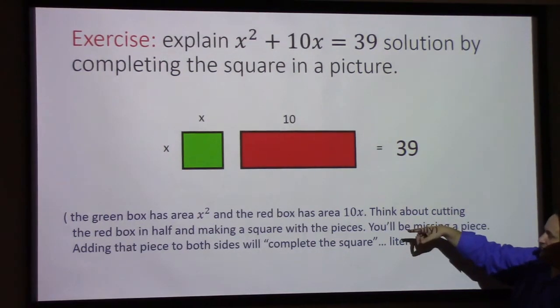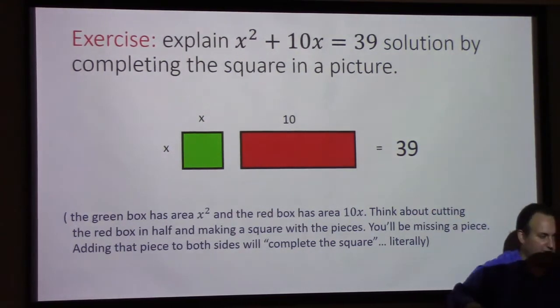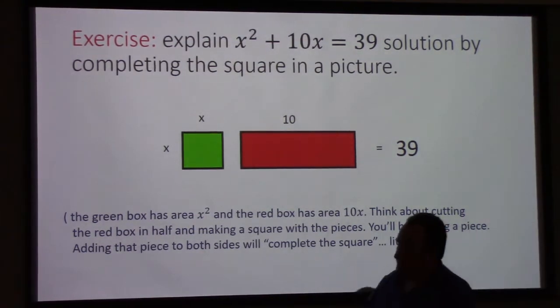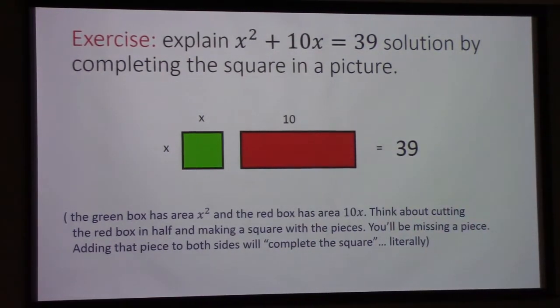So what I suggested down here is we should think about cutting the red box in half. Let me do it with markers over here. I'll get you started, and then I'm going to put up a quiz. I wanted to try out the Top Hat quiz function today, so we'll see how it goes. Get the lights back on in here. All right, if I can find my markers.